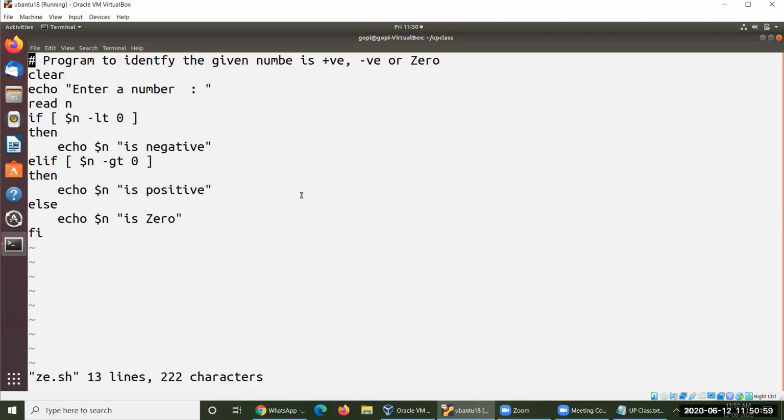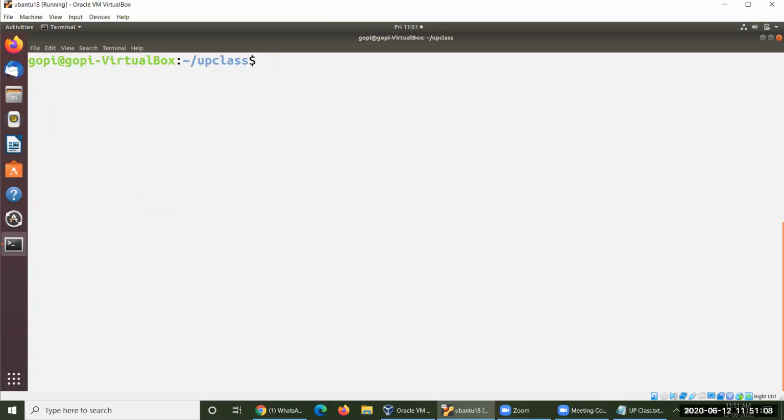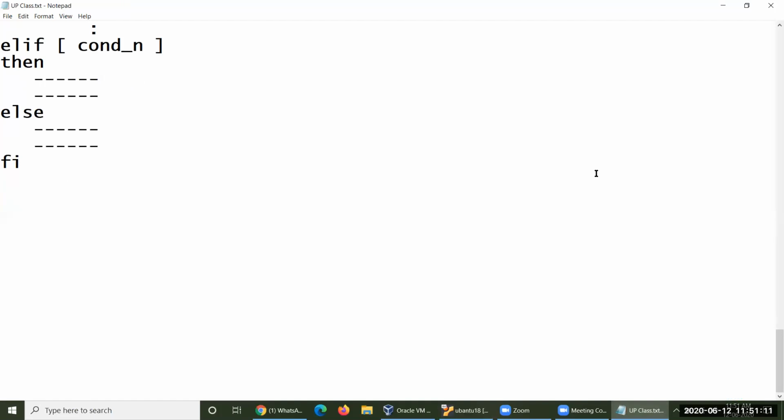Okay. Then let me introduce a very important operation in terms of if. One more important operation is TEST. Normally greater than, less than, and the relational and logical operators take two different types of parameters. Just before we have seen $A -LT $B. If you take something like this, let me write it in a complete way.